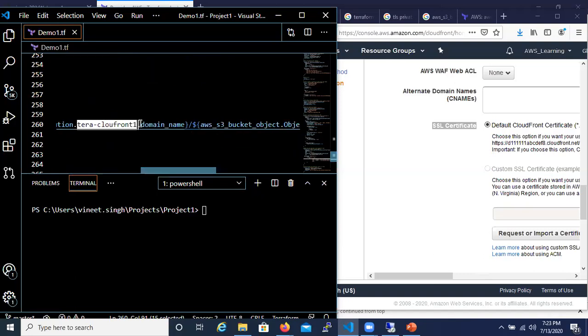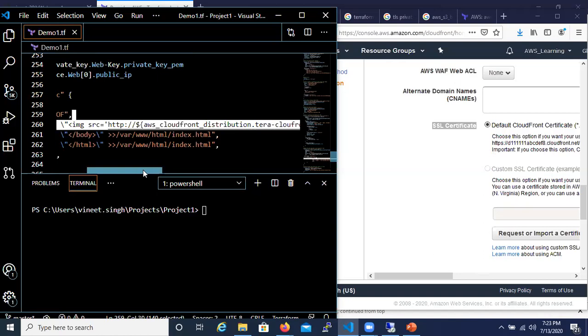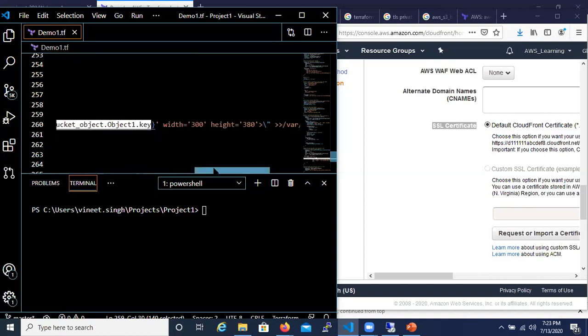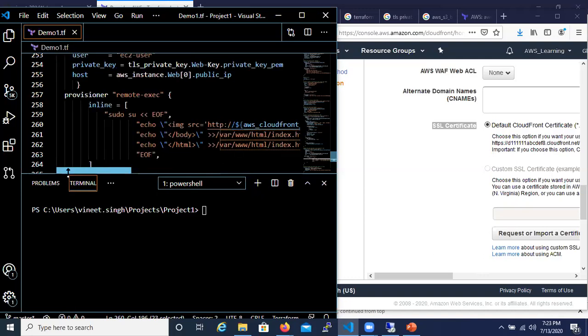And then I'm defining the domain name. And this is my object, which is being served. And this is going to be updated in my /var/www/html/index.html file as my last line.